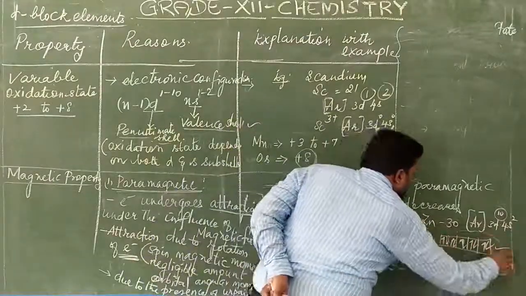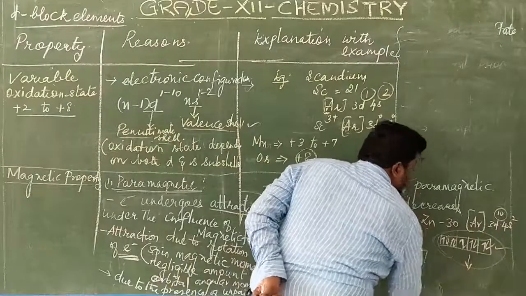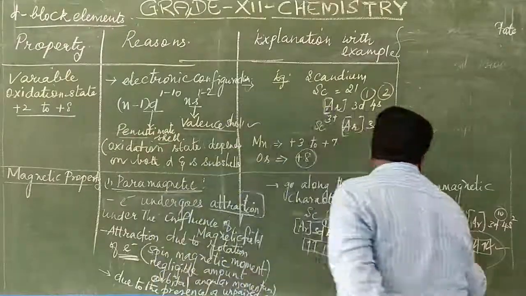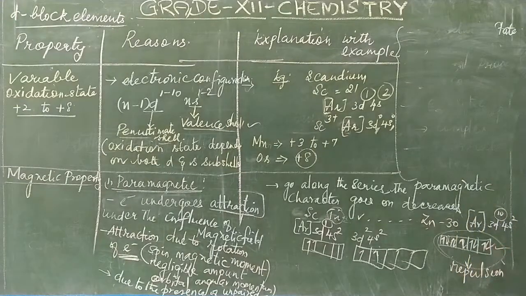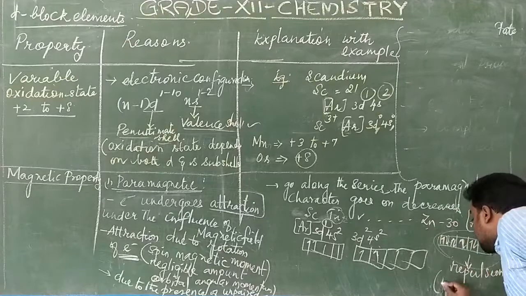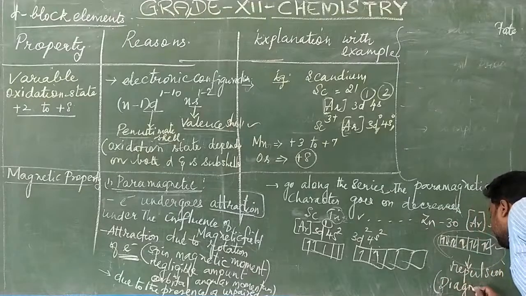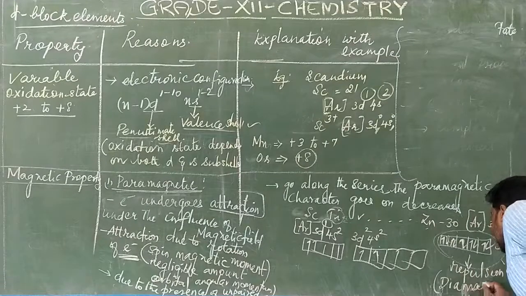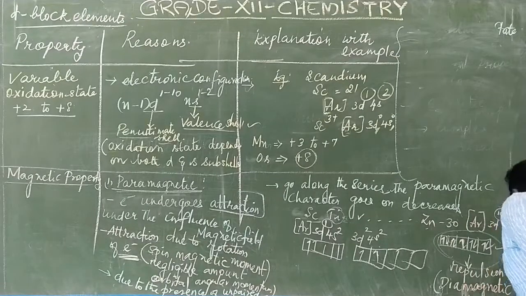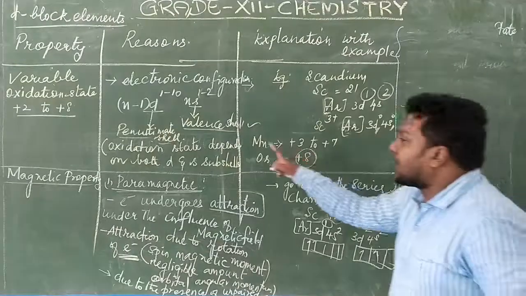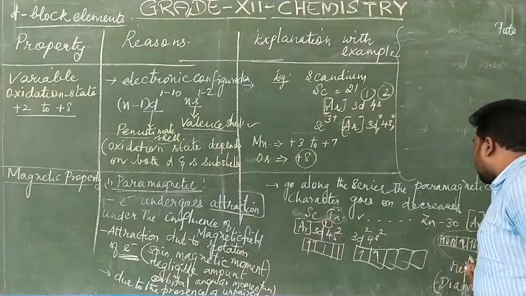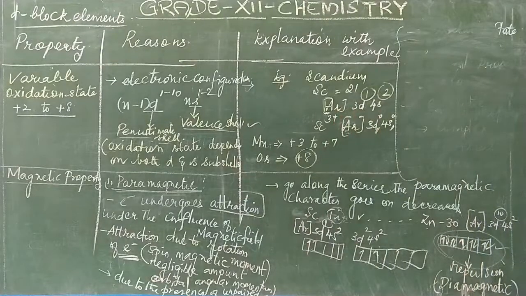So when electrons are getting paired, then under the influence of an electrical field, we can notice only the repulsion. There will not be any attraction. So when there is repulsion, such substances possess diamagnetic character. It possesses diamagnetic character, or it has the diamagnetic nature. Can you understand? So paramagnetic means unpaired electrons. When paired electrons are present, that shows it is a diamagnetic substance.